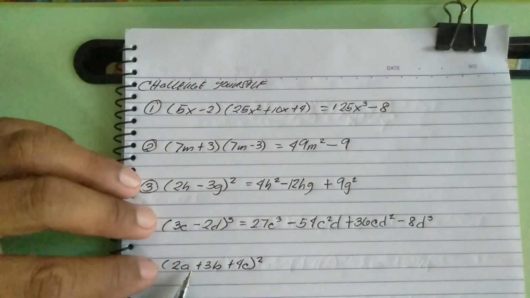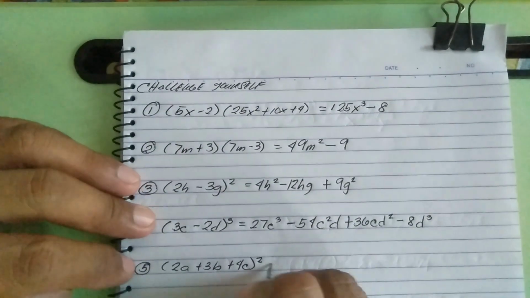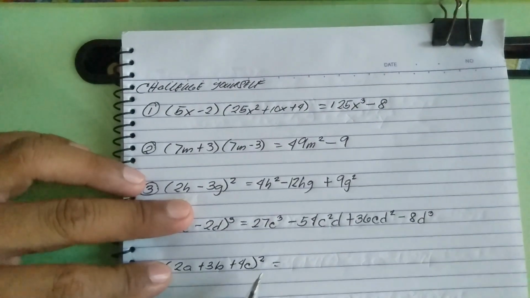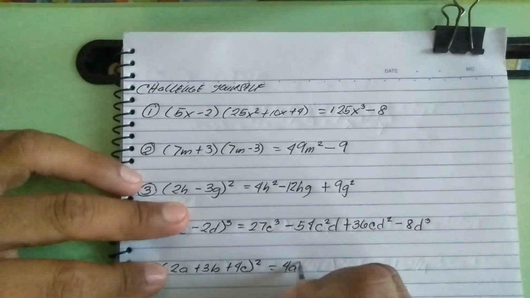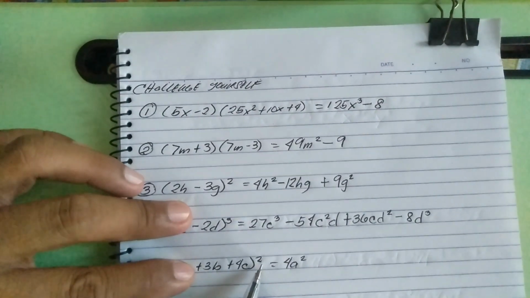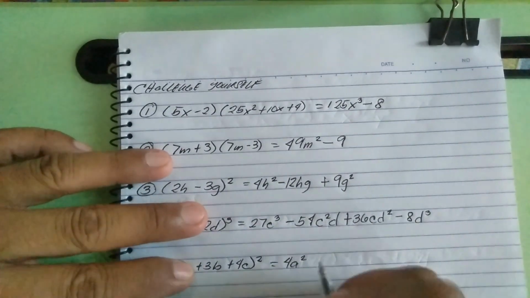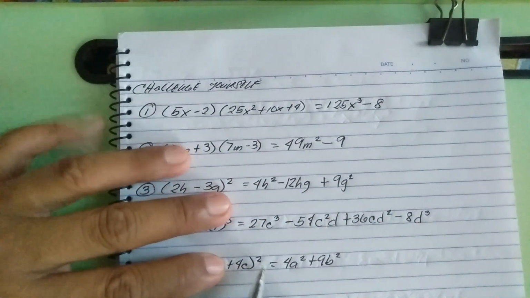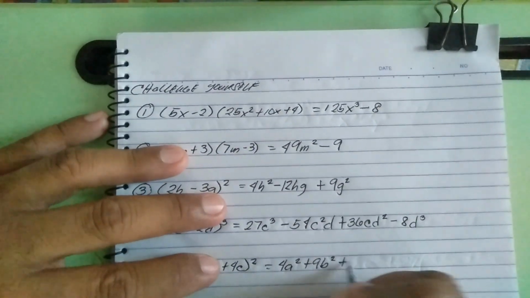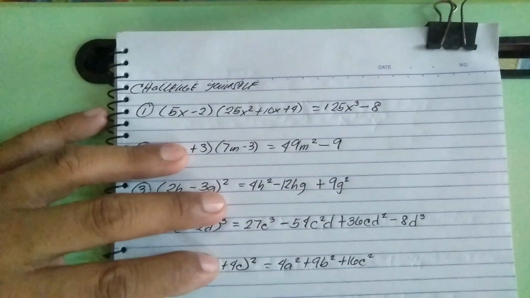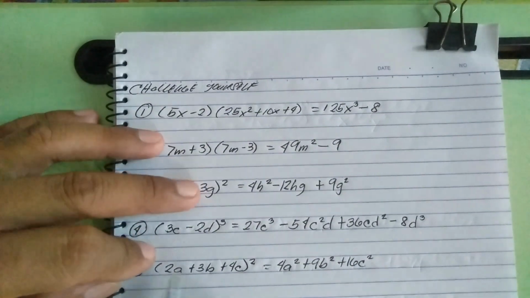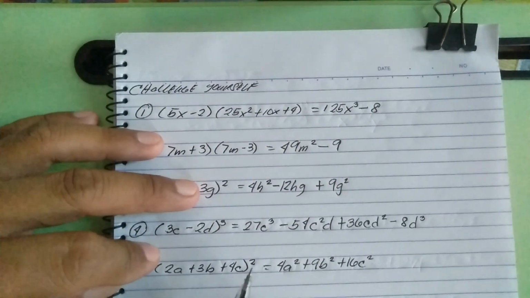Anong gagawin natin? First, square natin lahat ng term. Okay, regardless, although positive naman lahat. Okay, 2A squared, we have 4A squared. 3B squared, we have plus 9B squared. And 4C squared, we have plus 16C squared. And then, combination times 2. 2A times 3B times 2. 2 times 3 times 2, we have plus